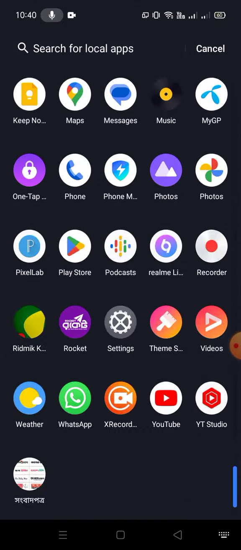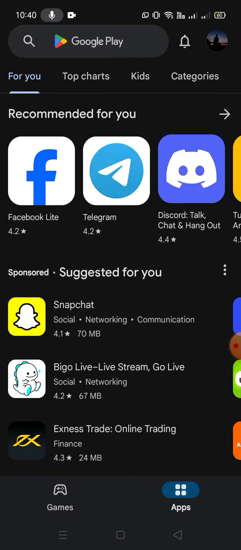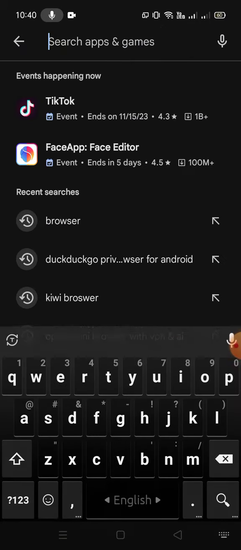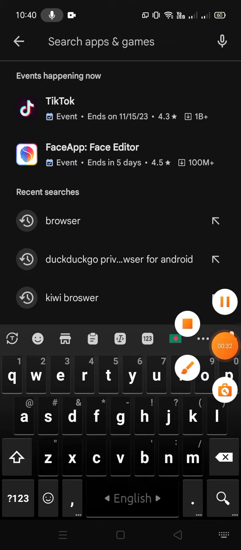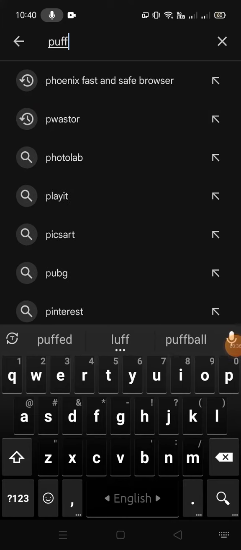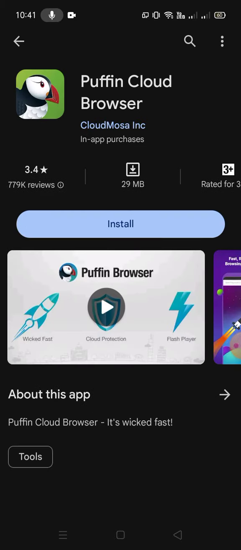We need to go to the Google Play Store if you're an Android user, and you have to go to the App Store if you're an iPhone user. Then search here for the browser name. It's called Puffin Cloud Browser. So simply click on that. You can see